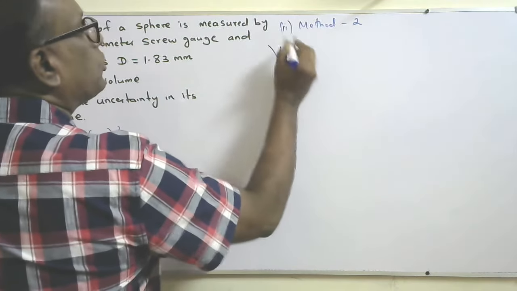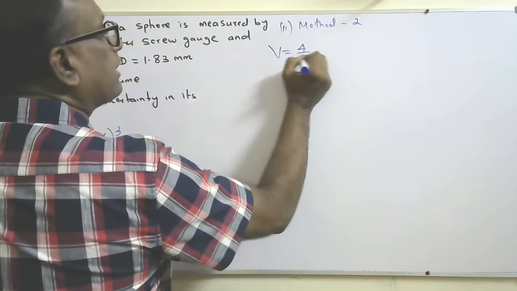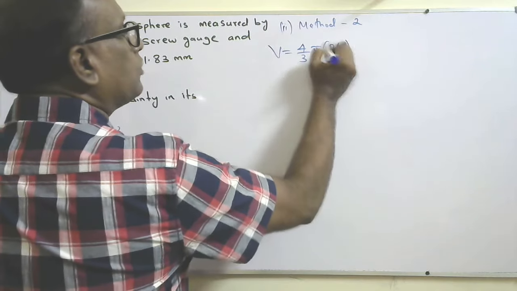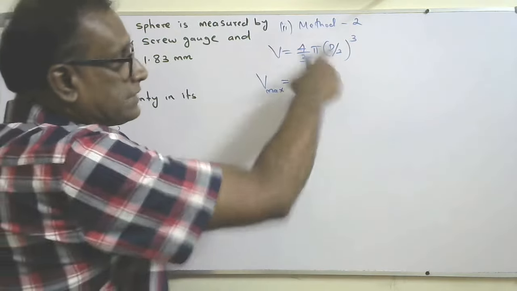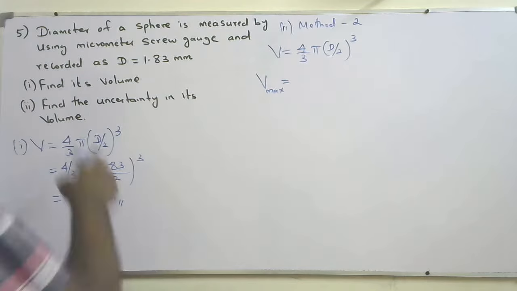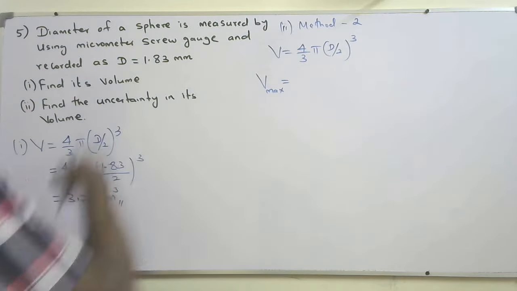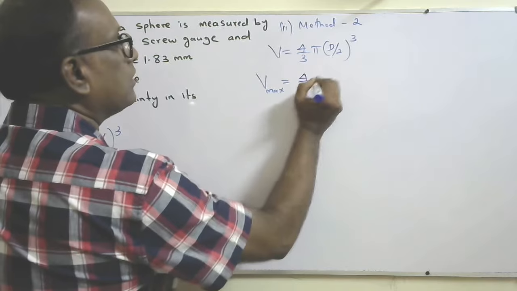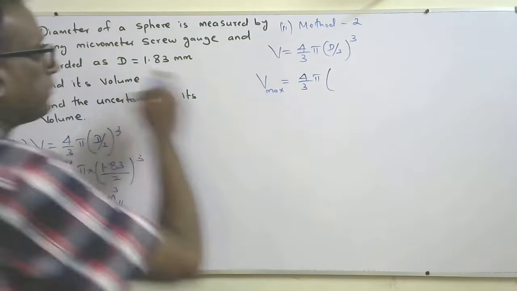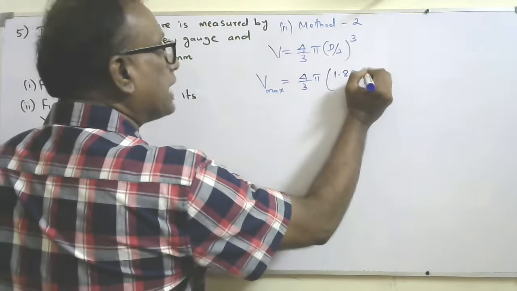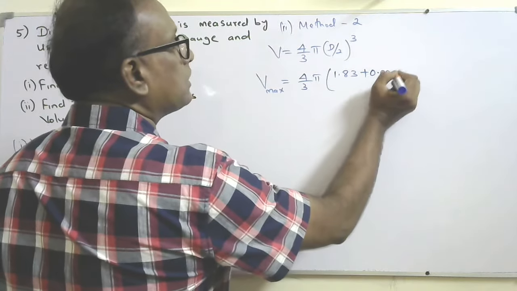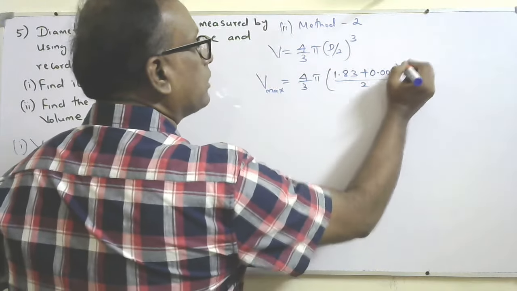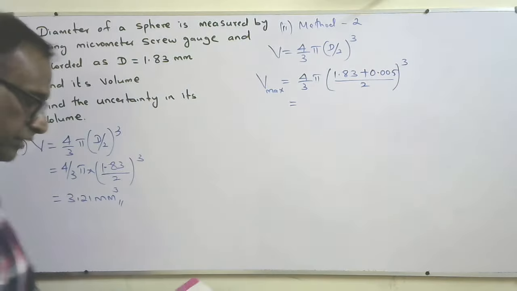So V max, I need to go. We know the general equation V equals 4/3 π(d/2)³. I need to find V max, the maximum volume. To get the maximum value, I should get the maximum diameter. How can I get the maximum diameter? That is d plus the uncertainty. So 4/3 π, the diameter is 1.83 plus the uncertainty of the diameter measurement, done by using a micrometer screw gauge, so 0.005, divided by 2, all cubed. That will be equal to 3.24